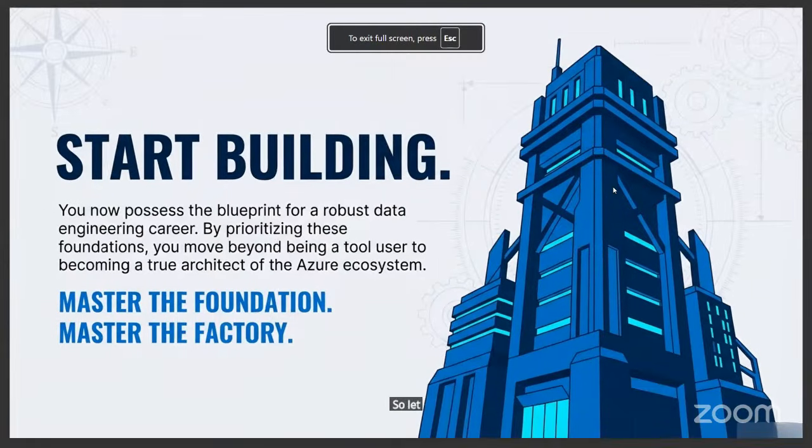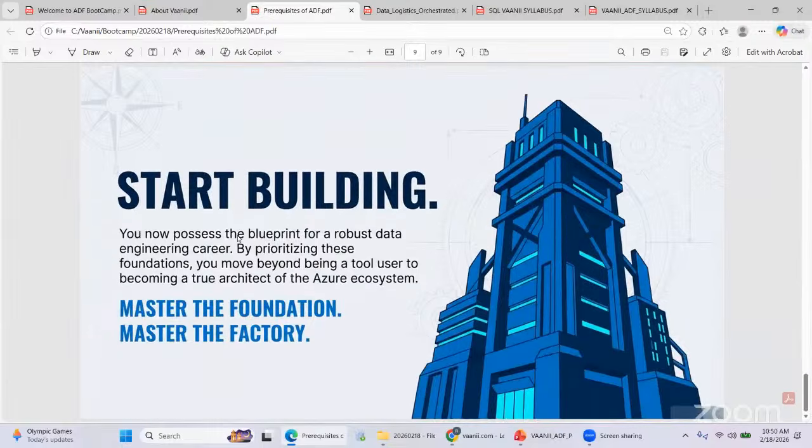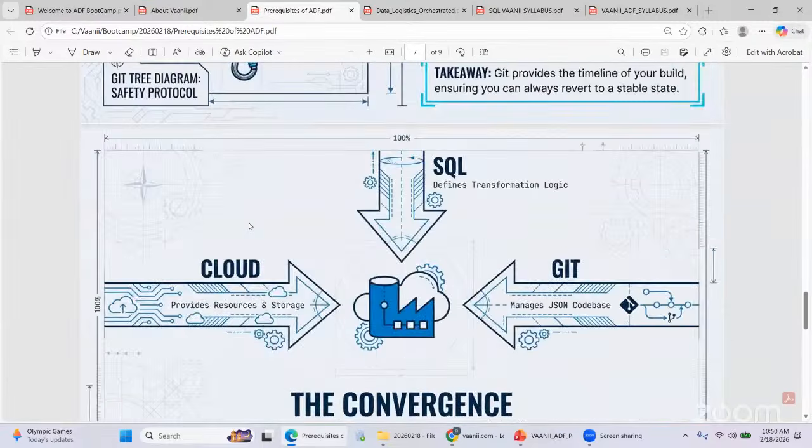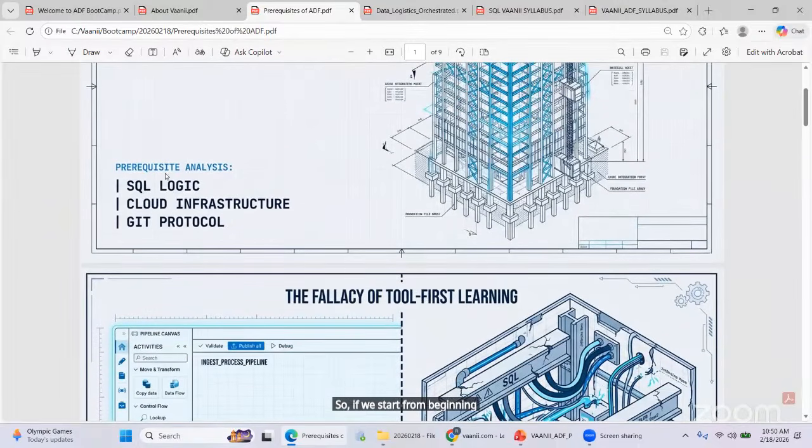So let me explain. If we start from the beginning, you have to know three basic things: SQL, cloud infrastructure, and Git. So if you negate Git for the time being,